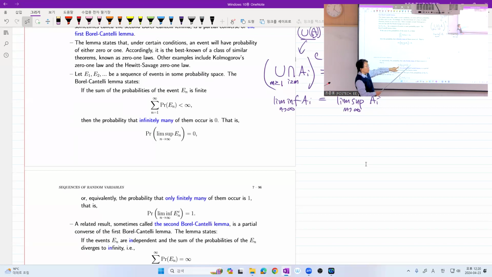And this is required for what? In our proof of almost sure convergence. See that? Suppose you have constructed a decreasing sequence or increasing sequence. Then this is nothing but the limit of a sequence of events. And that probability equals 1. So we can establish the strong law of large numbers, an almost sure convergence, something like that. Anyway, we will cover this next time. That's all for the